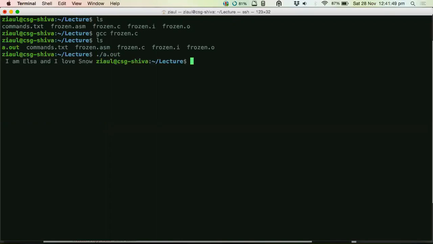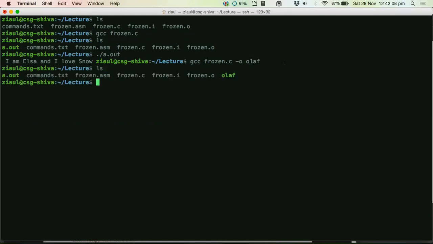But now maybe you don't want this, right? You don't want to name your executable this, you want to name it something fancy. So let's say if you want to name it something else, then all that you have to do is say -o, and then name it something else. Now if you go and look again, you see a new executable under this name. Now you can run it.